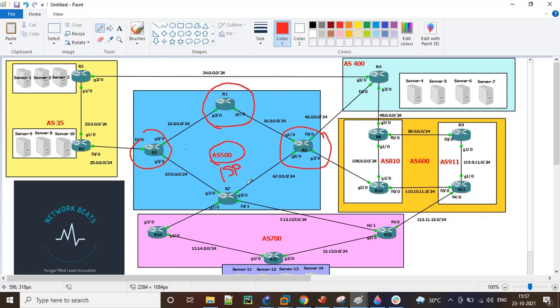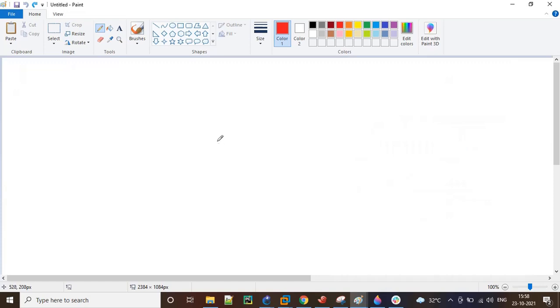So what happens here is I would like to run BGP on all the four routers, so that we will see how the routes are getting exchanged from R5 to R4 by doing changes on R1 and R7. So by doing these changes on AS500, this is going to change the complete hierarchy of our